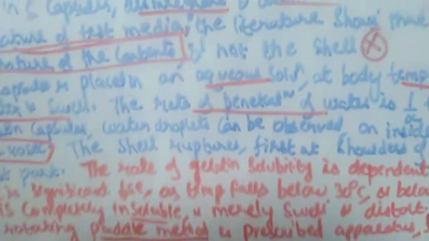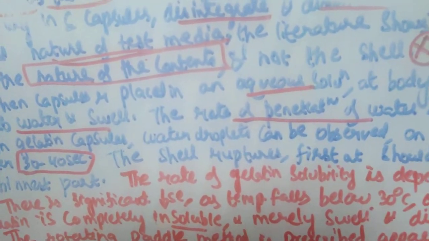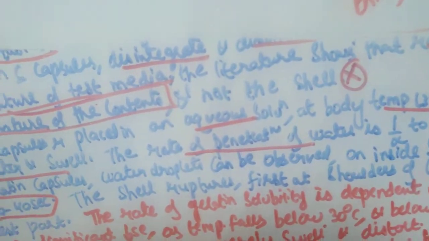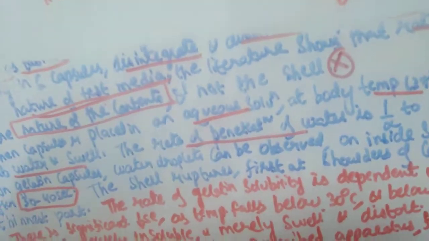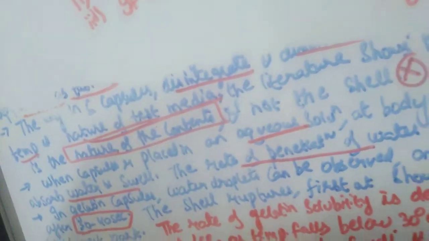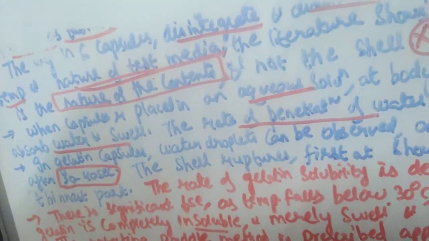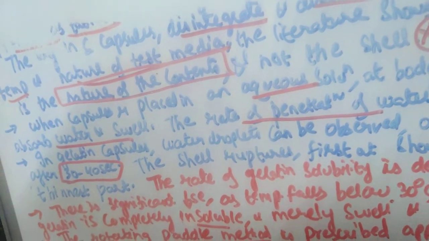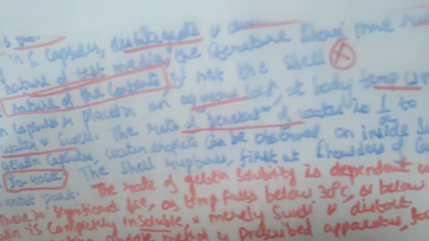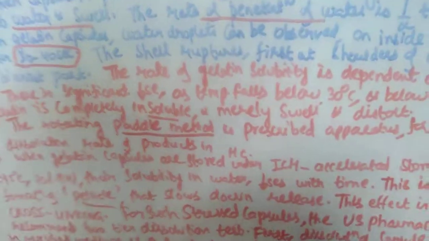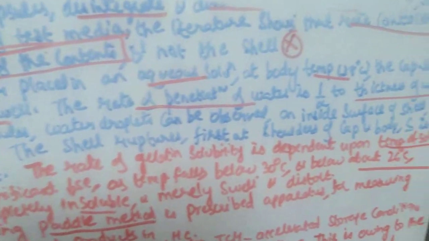And as I have told you, cross-linking can be caused by interaction between gelatin and compounds containing aldehyde groups, okay, or due to reorientation of gelatin molecules. Sometimes the reorientation of gelatin molecules can also cause cross-linking. So this results in pellicle formation that will slow down the drug release. So for such test capsules, you need to do two-tier dissolution testing. Okay, so this is with your dissolution testing.